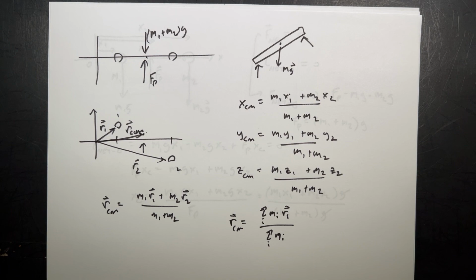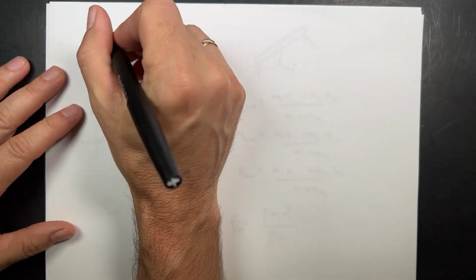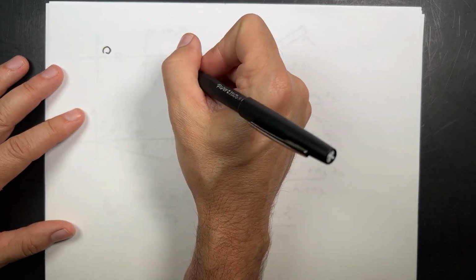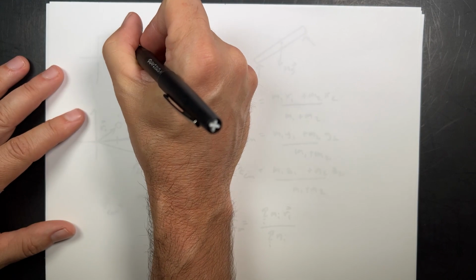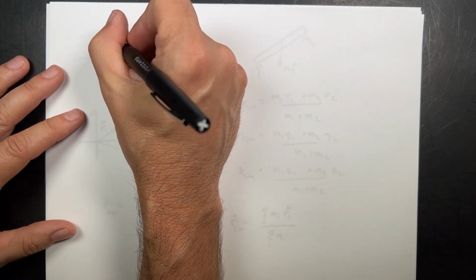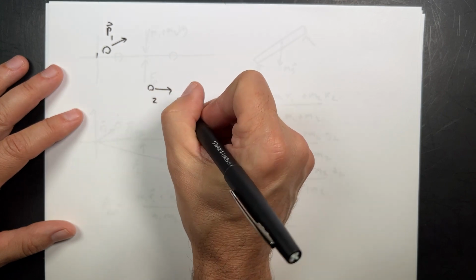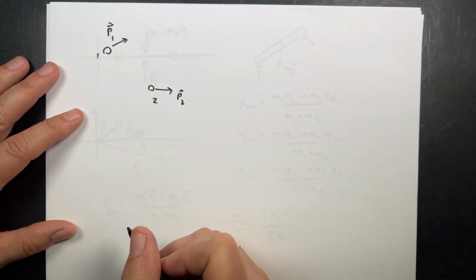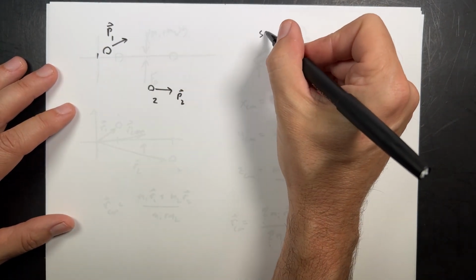Okay, now, what about the other way to do it? The other way to do it is with momentum. Suppose I have two objects right here. I'm not going to derive this one. So here I have object 1, object 2. So I have a momentum 1 and momentum 2. They have some momentums. If I want to treat this as a system